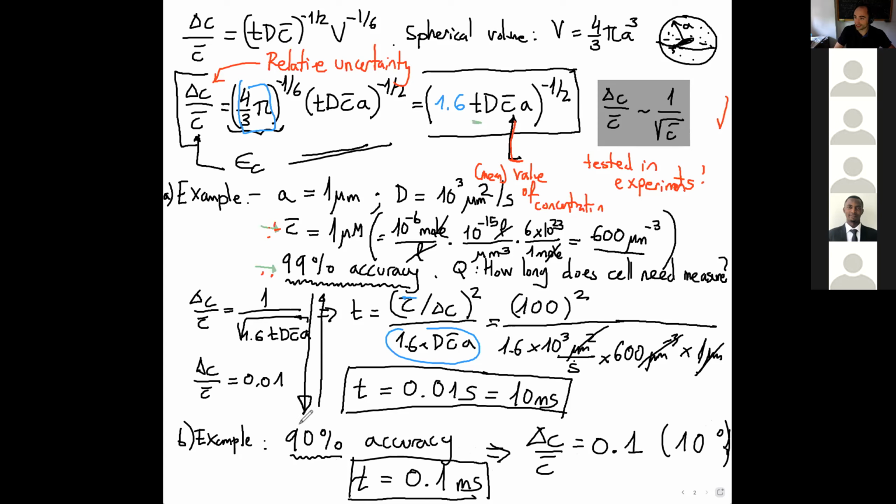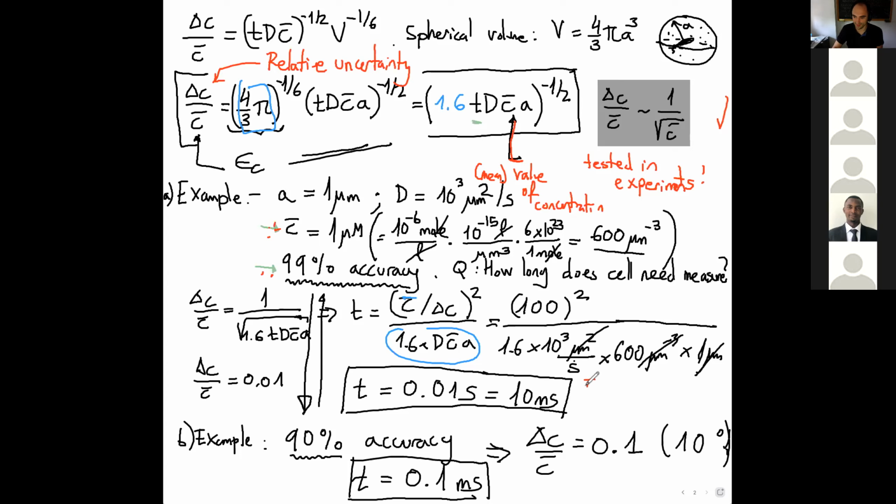So we have changed the accuracy by 9%, and this 9% change in accuracy implies that I can reduce the time 100 times. So if I make measurements in time windows that are 100 times bigger, I increase the accuracy by 9%. So it's not bad. You can do very short measurements and still be very precise, 90%. Okay, this is the idea. All right, if there are any doubts or questions, the conclusion of this is that